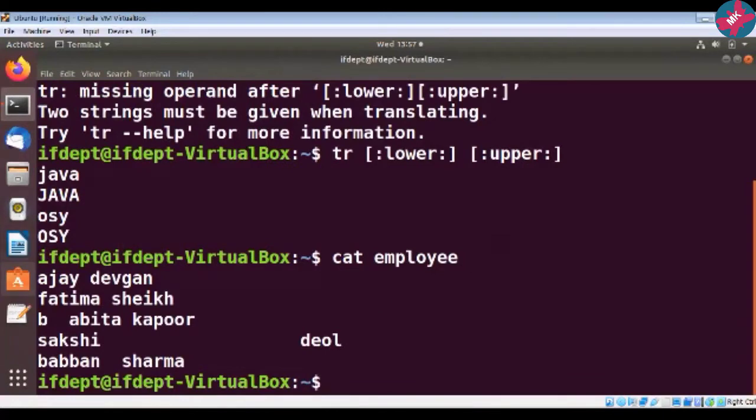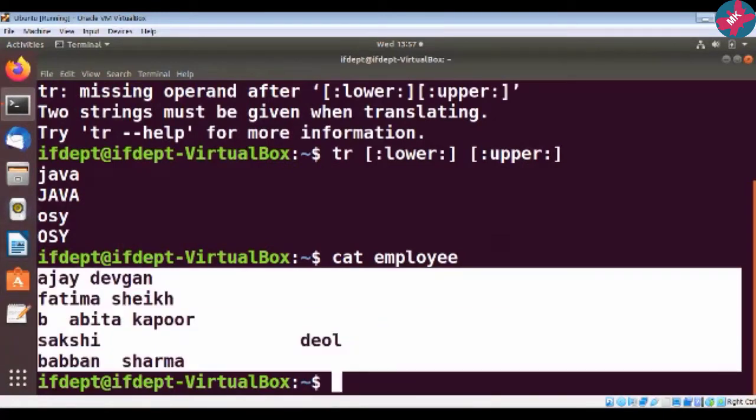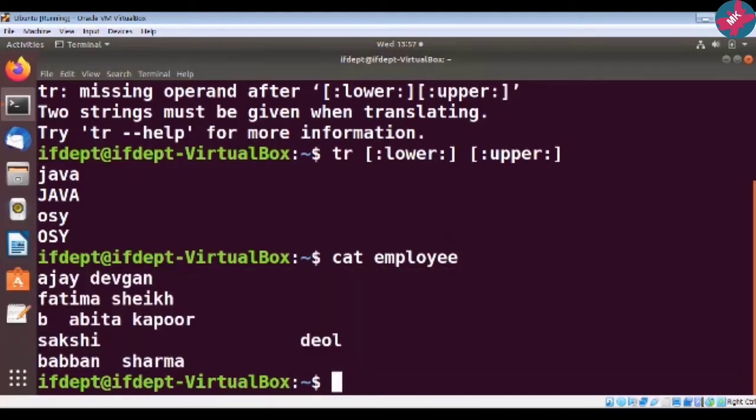See the contents of this. Now here, suppose I have written some names. Now we will work on this particular file using the tr command. Suppose what I want to do is that whenever the alphabets A to F appear, I want them to be converted to 0 to 5, isn't it? Because what we have just seen regarding translate is that it converts, translates or deletes the characters, isn't it?